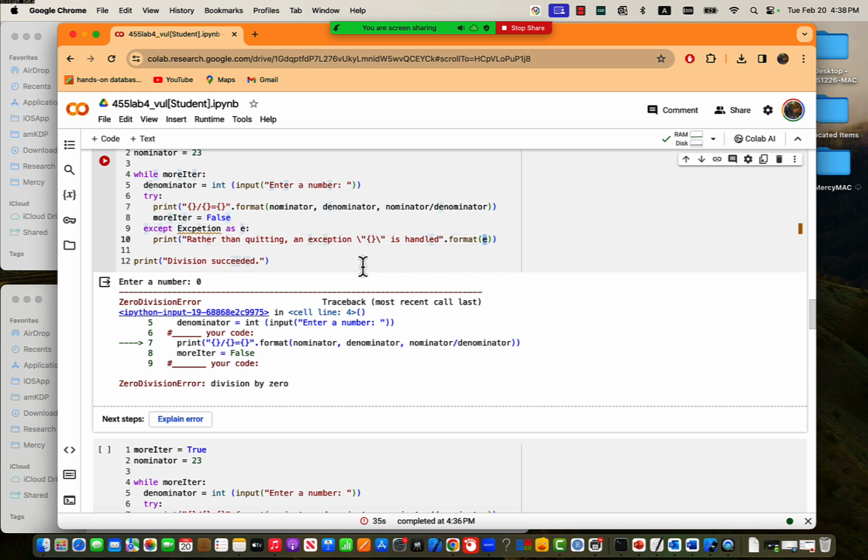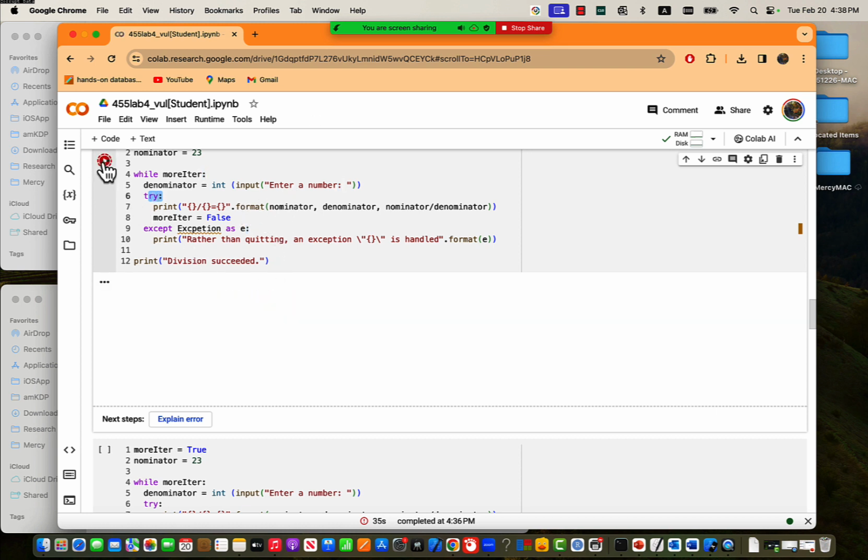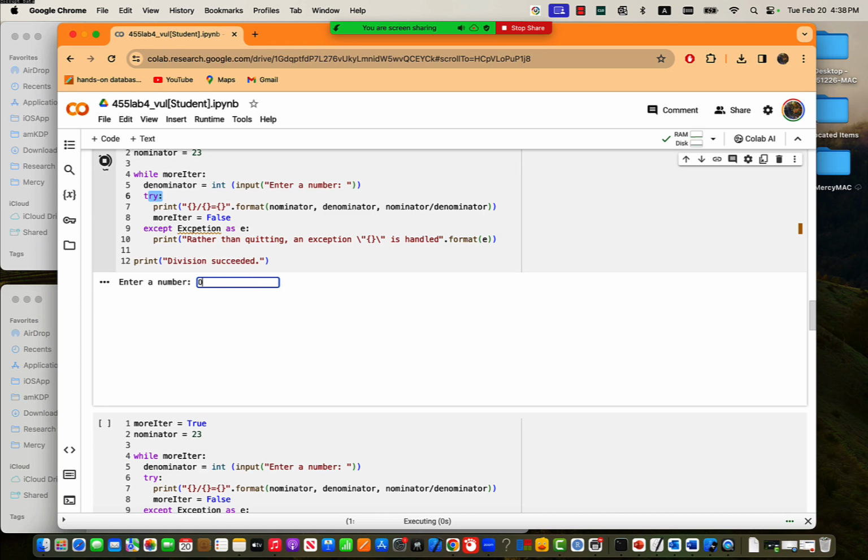Don't worry about this, but the point here is that if you handle this exception case, it comes when the user enters 0, then